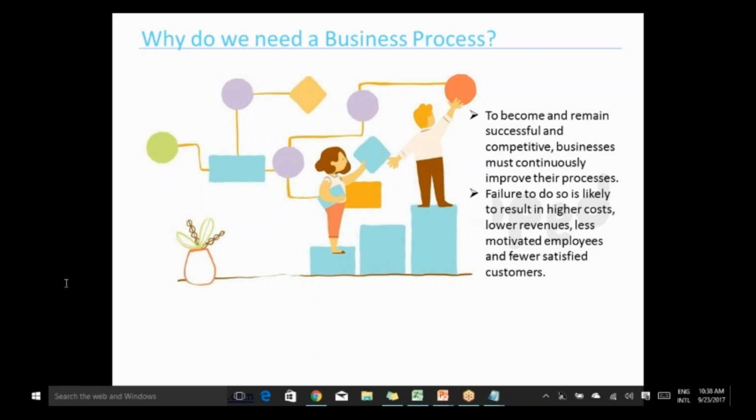Abira, any views from your end? We can use it to automate a process. I'm not talking about the automation part as of now. I'm only talking about why we need a process. Like I showed you, six sets of activities could be done on an ad hoc basis. Why do we need to follow a process?